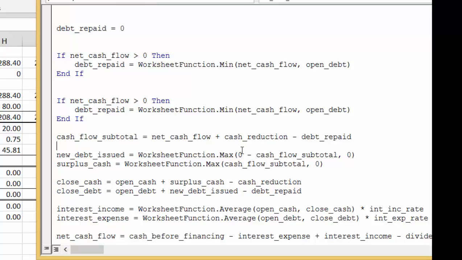Okay, so once again, we're just redoing exactly what we did the first time. Cash flow subtotal is okay, but this time we use, if cash flow is negative, then we need to put our cash reduction here. And it's the minimum of the